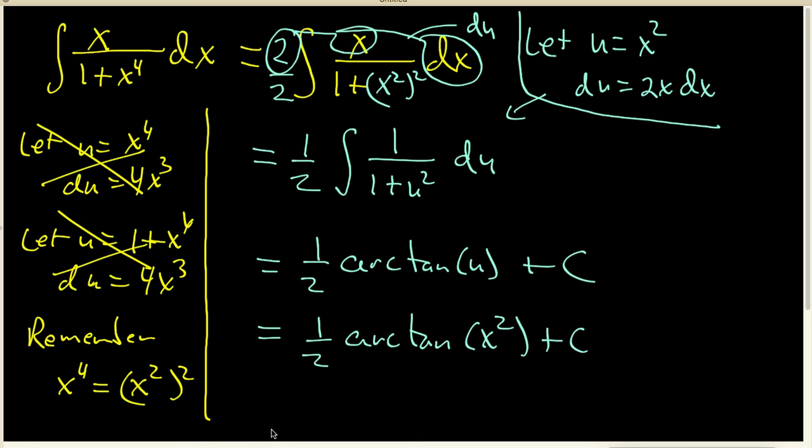I want to do one last example, which is a variation on the same thing. So this time, I want to look at the antiderivative of x squared over the square root of 1 minus x to the 6th. Oops, I've got the wrong thing. I want this to be an x. No, that's what I want. X squared over the square root of 1 minus x to the 6th